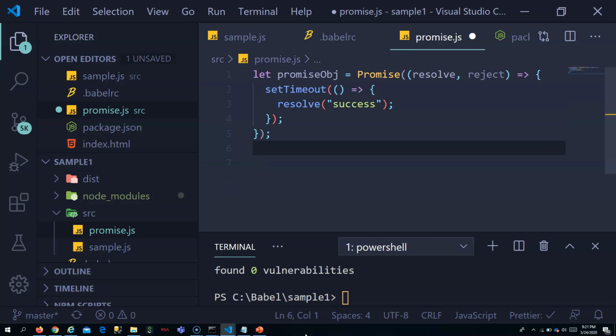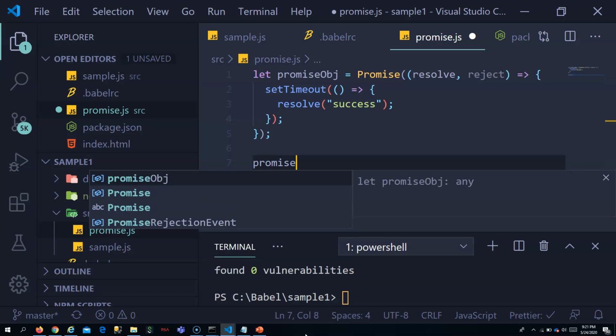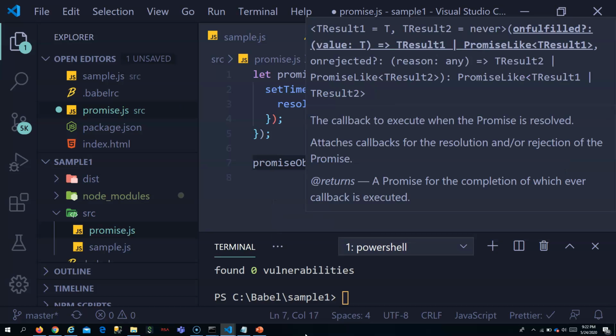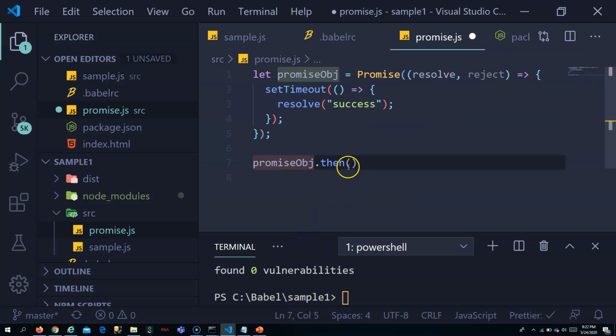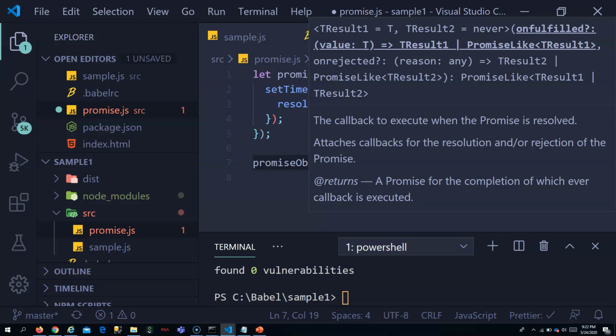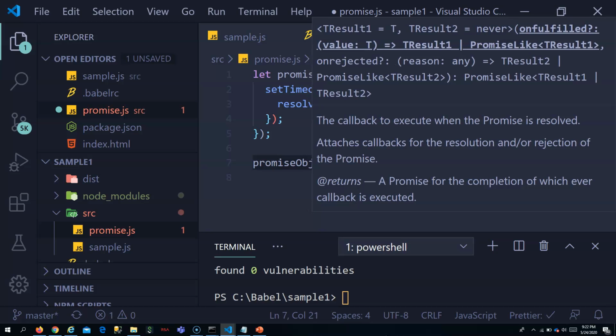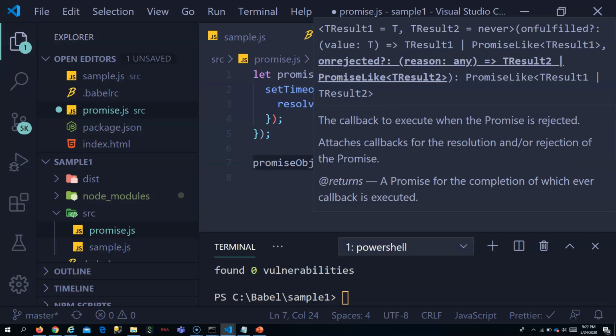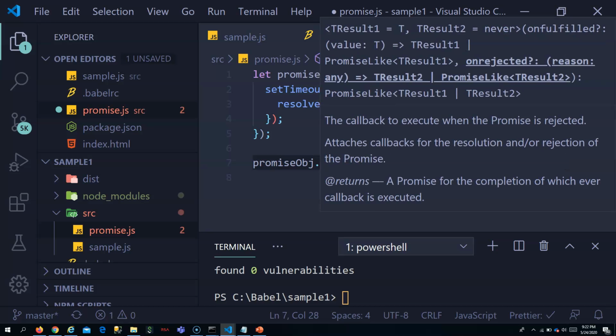And I've written a promise object. Let me also write the handlers for this. First being the success handler, the next being the failure handler, to handle the failure case.